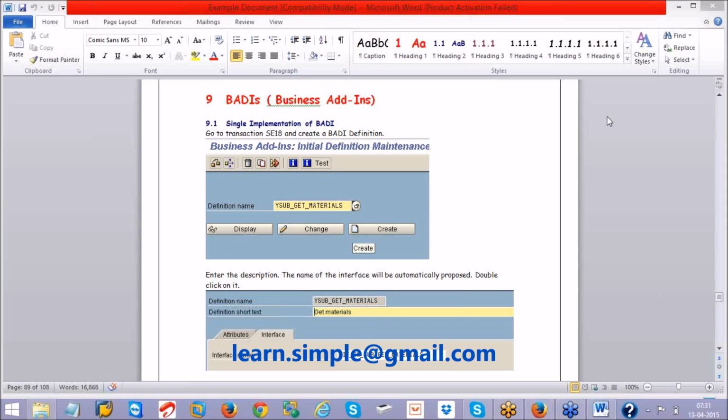Fine. So let's go with BAdIs. BAdIs stands for Business Add-Ins. BAdIs are also used for the same purpose for which you are using user exits. If you remember why you are using user exits,